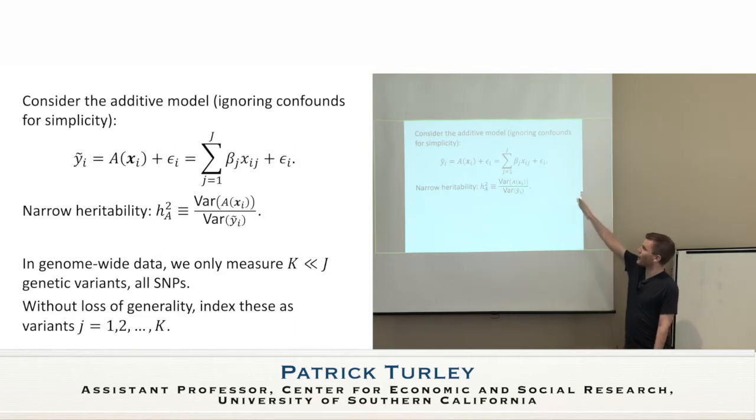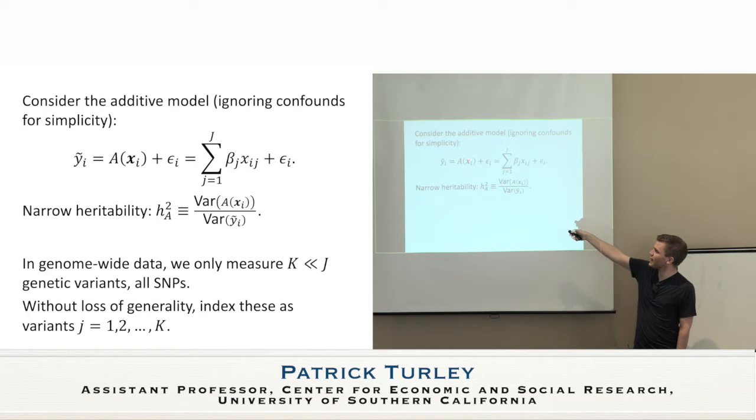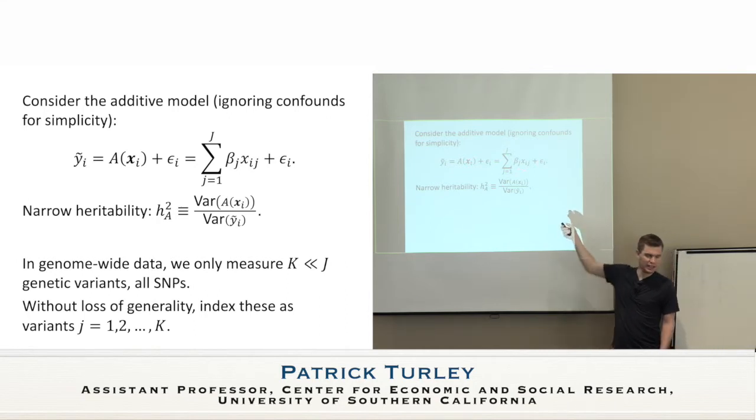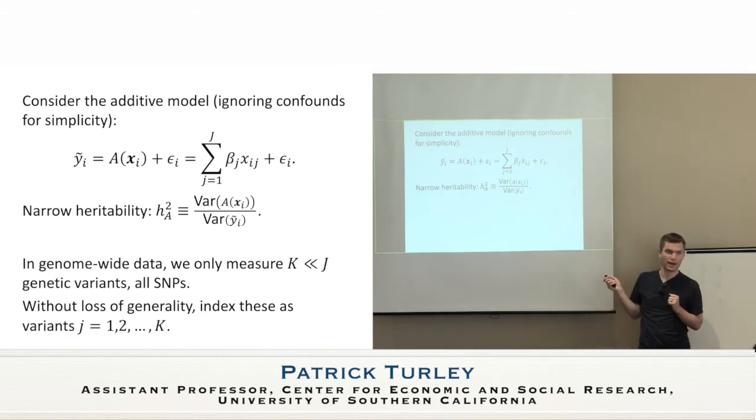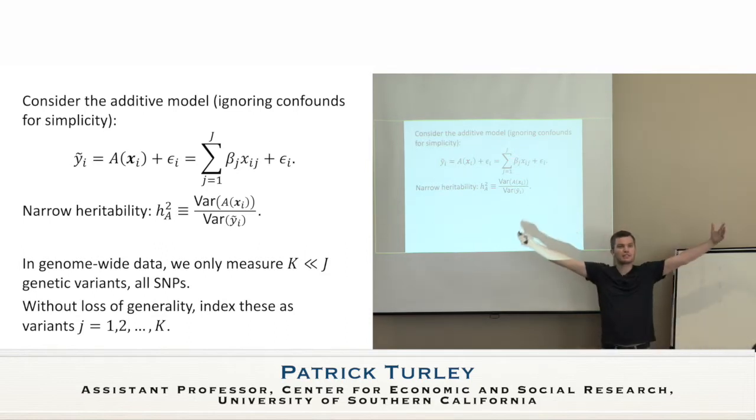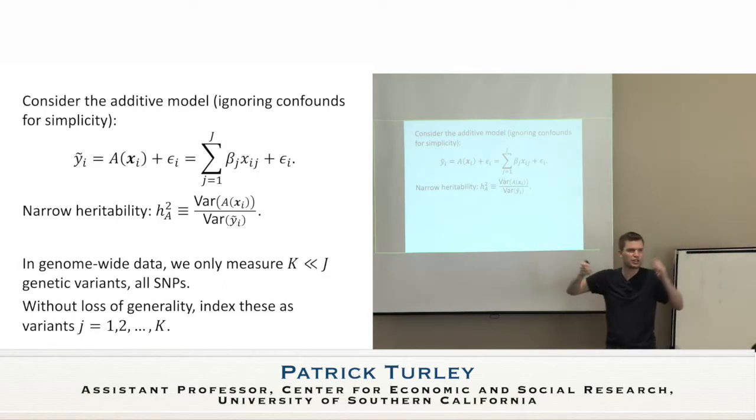So remember our additive model. We have our phenotype, and it's described by a linear combination of SNPs, and the additive factor here is meant to be a linear combination of SNPs that maximize the predictive power. What's the most that a linear combination of SNPs could predict in our phenotype Y? This is different than the general genetic factor, which is how SNPs altogether,